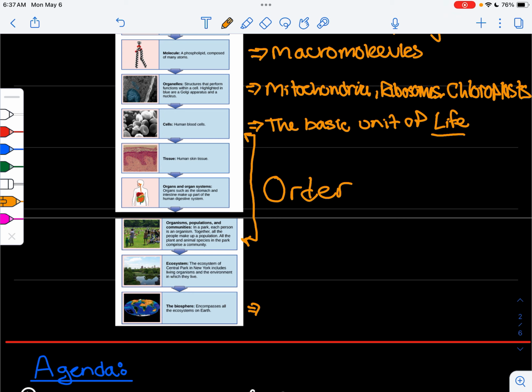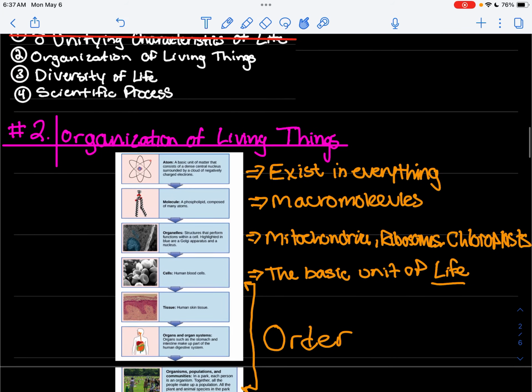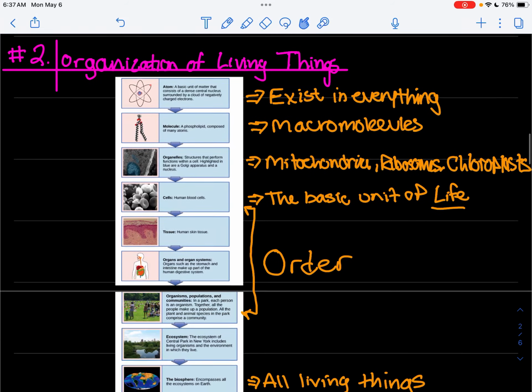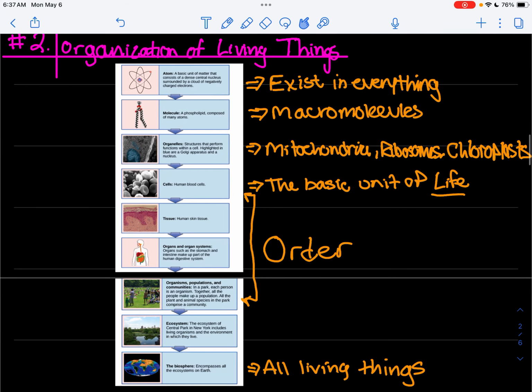The biosphere is all living things. So that is the organization of living things: atoms, molecules, organelles, cells, tissues, organ systems, organisms, populations, communities, ecosystems, and